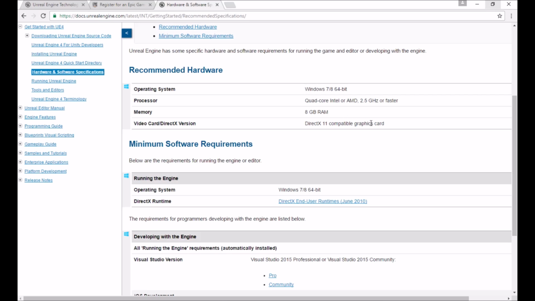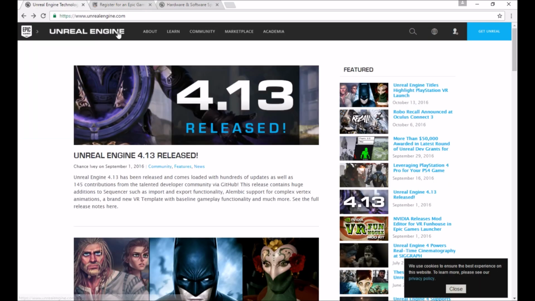It's okay if you have more than this, which is obviously a lot better, but if you have less than this, then you guys will have some problems, as developing a game is actually harder than playing it. So if you maybe run a game at like 60 FPS, don't expect to when you're making the same game. So just keep that in mind, and then once you go to unrealengine.com, you want to click on Get Unreal